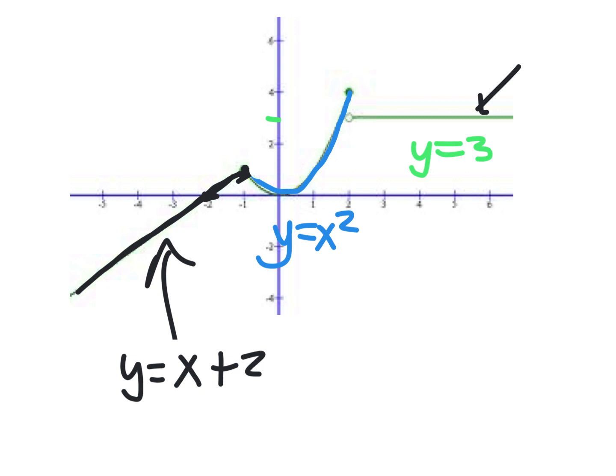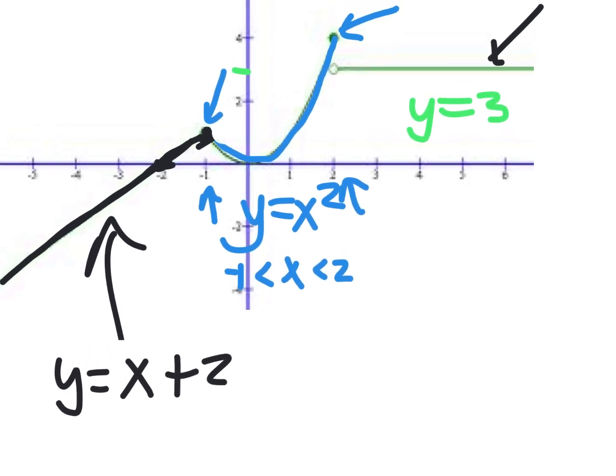when x has to be between -1 and 2. And even more picky, the blue one we're going to say owns this spot. It clearly owns that spot, so it goes right up to 2. But we're going to say that the blue one does not own this point right here. Remember, only one of the functions can own it. We're going to say that the black one owns that spot. So then we would say it owns 2, but it does not